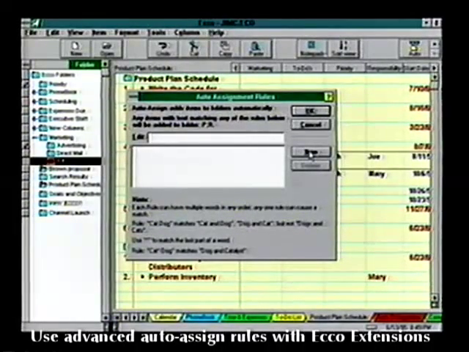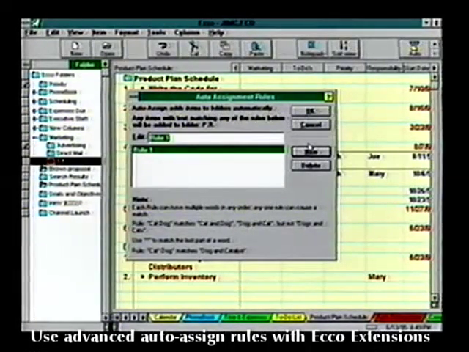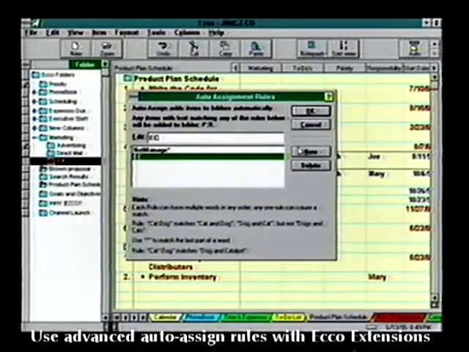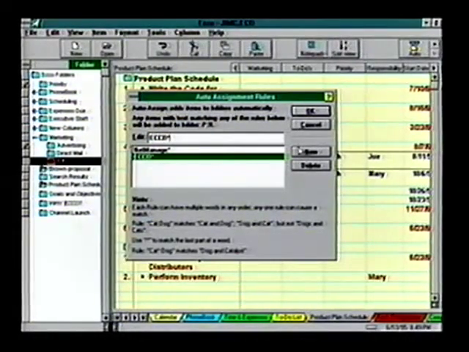We'll make a rule. Information will be auto-assigned if the words netmanage asterisk and echo asterisk appear in any item anywhere in Echo. Note those little asterisks at the end of netmanage and echo. That means words like netmanages, the possessive, will also result in an auto-assign. So, if those words are entered in the same item in Echo, the item will automatically be placed in this